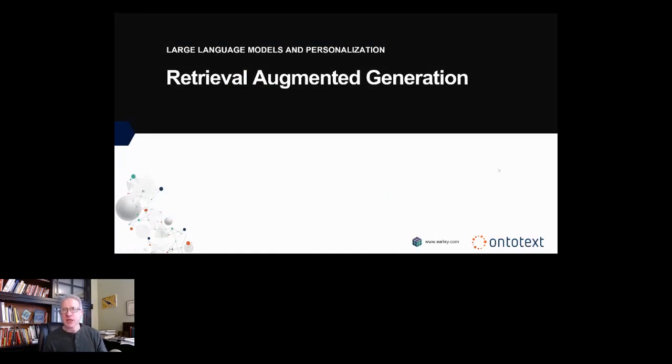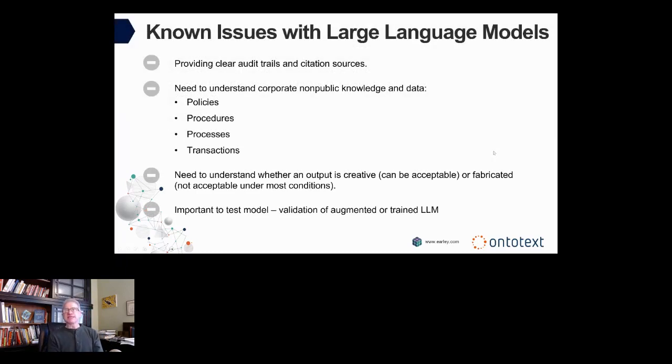Now, along the lines of search is retrieval augmented generation. So I just talked about search. Well, one of the things that we find with large language models is they don't necessarily tell you how they get the answer, right? You're depending on the language model to, and some of these slides were cut, but I'll explain them to you, some of the mechanisms for how the language model gets to the result are not readily visible, right? Because